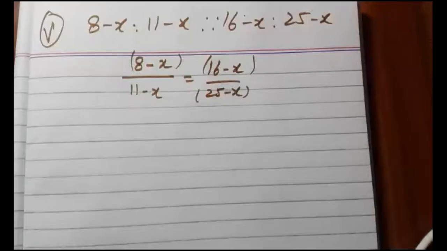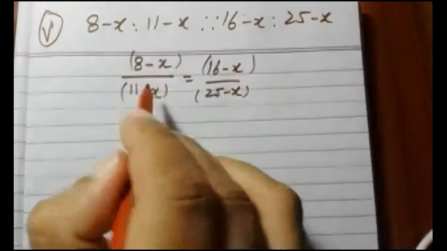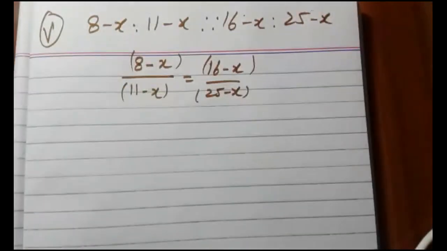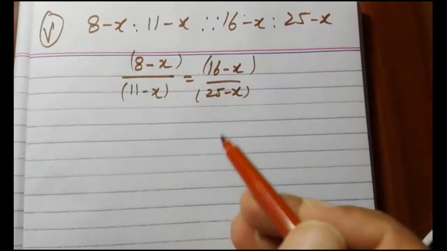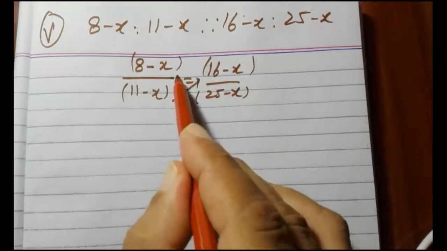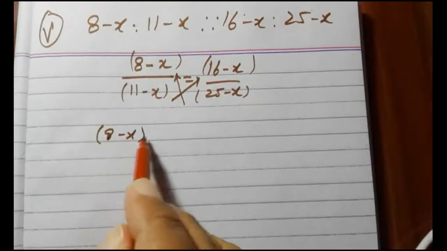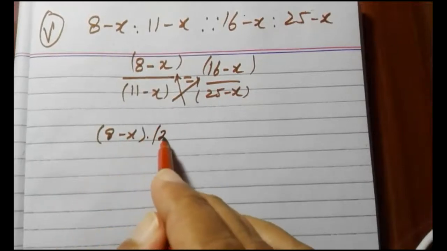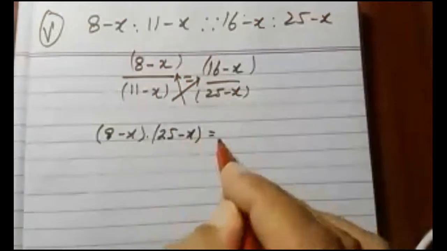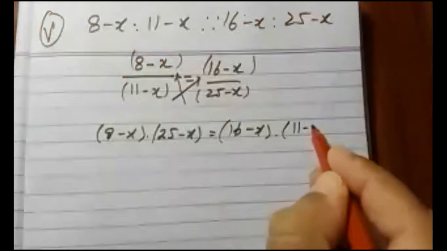Because this is the comparison of two ratios, that is called proportion. These four dots are called the sign of proportionality, and the sign of proportionality is actually the comparison of two ratios, as I explained to you in the previous classes. So if you go for the cross multiplication like this one, and we have to find the value of x, you simply multiply these two brackets, (16 minus x)(11 minus x), and then simplify in terms of x. Now you will get them multiplied.